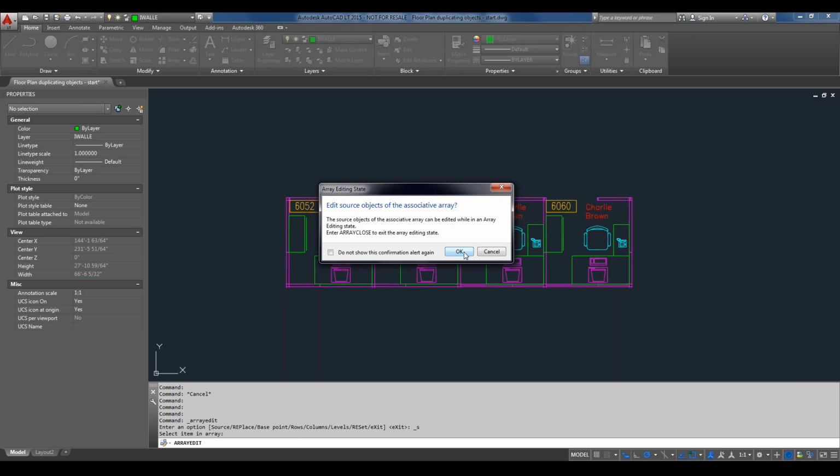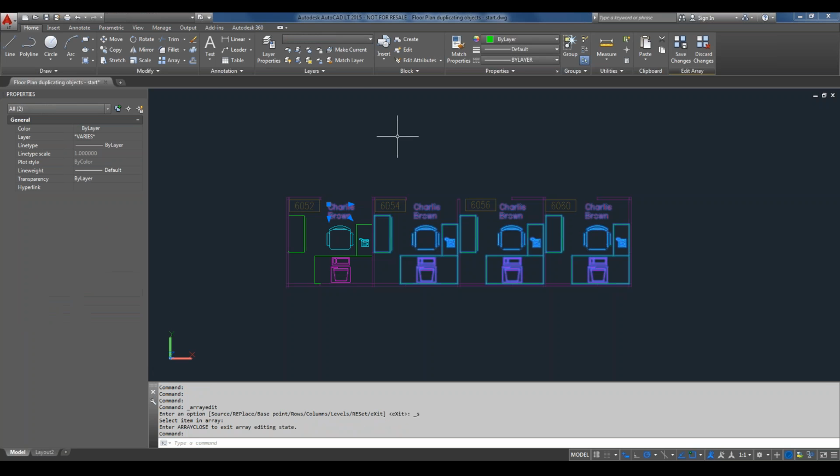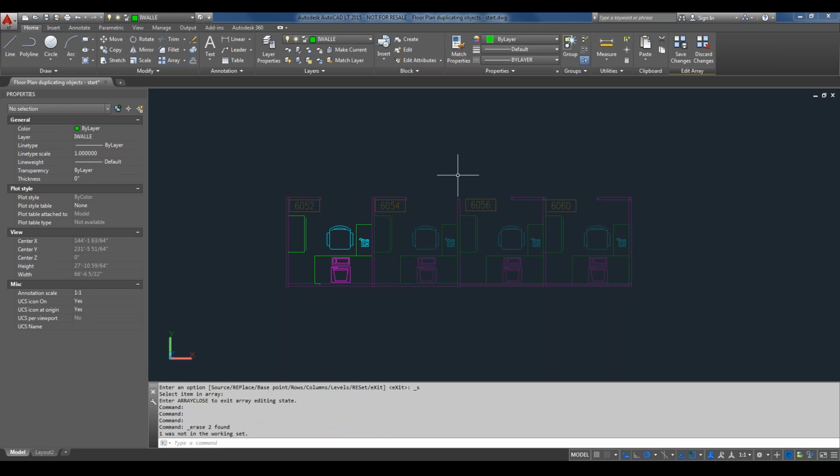So I'm just going to click OK, and I'm going to go ahead and select the text here and use the erase command to get rid of that. Go ahead and type array close. All right,